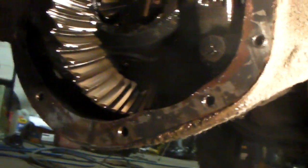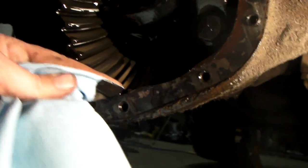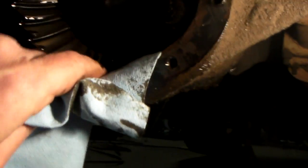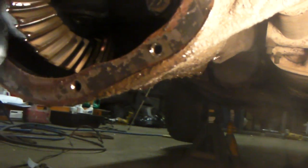Next thing you do, like I said, I opened this up quite a while ago. Go ahead and take your towels. Lint-free is the best thing here. And then just make a few quick passes through the bottom. What you're looking for is foreign material or metal shavings. Not really seeing any of that here. It's been a while since this differential's seen any attention, but at least it was never under any large stress. As you can tell, there's a little bit of rust around the edges, but